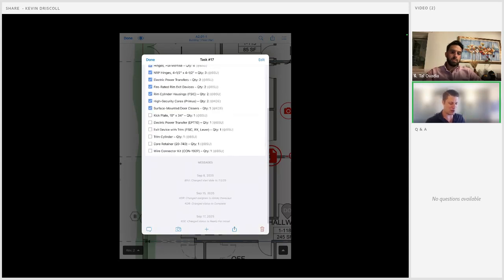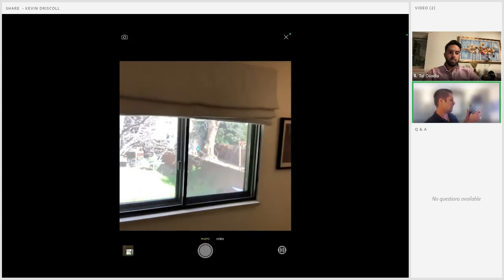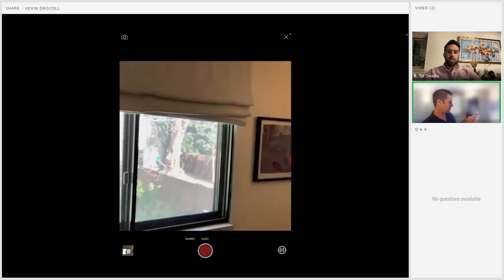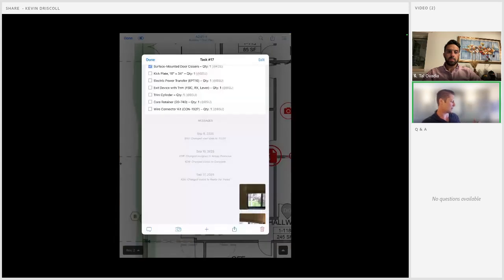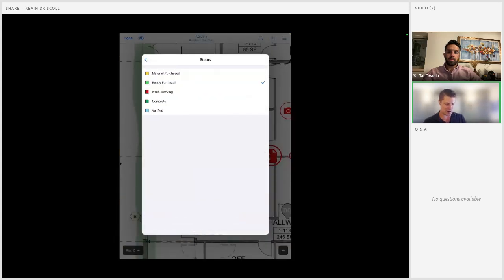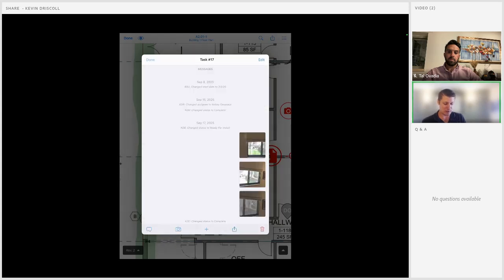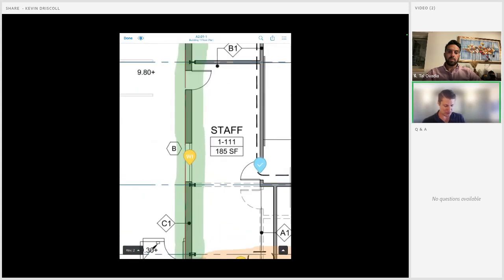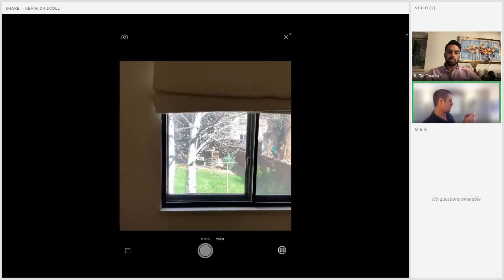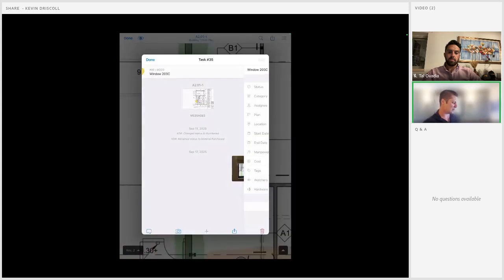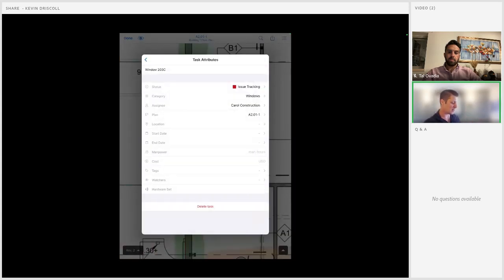I'm going to go ahead and install that work and then document that with photos. Maybe even, I think I saw Tal taking a short video of some of the doors opening and closing or windows opening and closing there, and then go ahead and mark that as complete. From there, maybe I'm going to move to install this window here, and maybe I run into some sort of issue on site. So with Fieldwire here, I can quickly snap a photo of that issue and then move that into that issues tracking status.